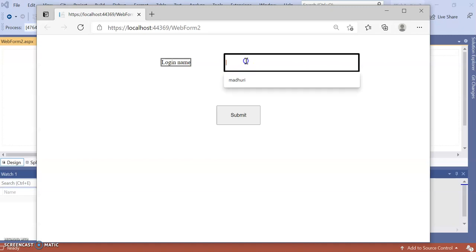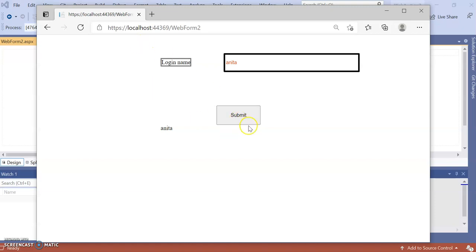Now this is the login name, and here suppose I am providing xyz as a name and say submit. See here, in Label3 you can see xyz. If I write anything else, suppose Anita, right, the text has been changed. So the text box content will be changed. So this is the behavior of the submit button.